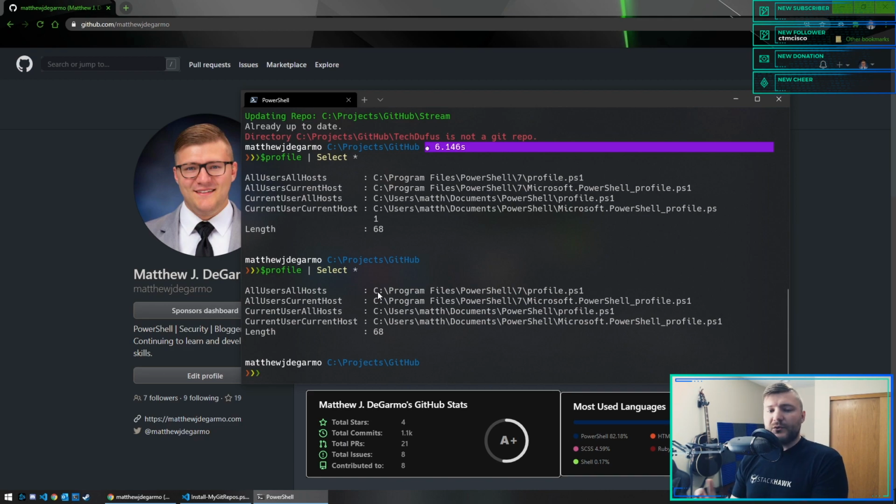You can install modules and all kinds of stuff without being an admin. So I just like to rely on the current user all hosts. So that's the difference between all users and current user. Only when I sign into this computer, that profile is going to apply to me. What the host is